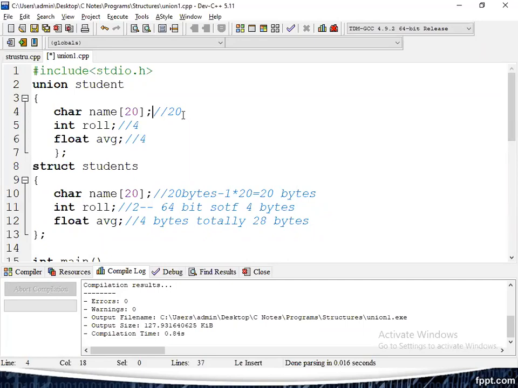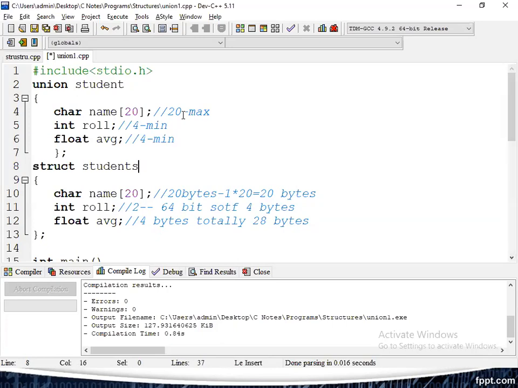What is the maximum size? 20 is the maximum size, and the remaining 4 and 4 are smaller. There is no summation. Out of all available memory spaces, it chooses the maximum available size, which here is 20 bytes. So the union occupies only the maximum available size.